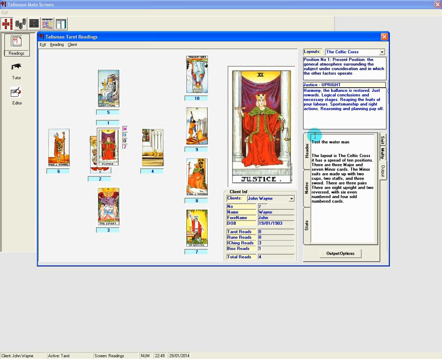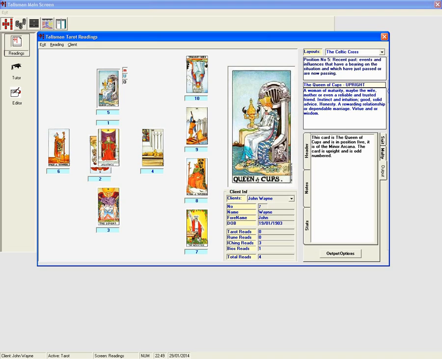And you can again do the same thing for cards. When you click on a card like this, you get the header for the card. This card is the Queen of Cups and is in position 5. It is the minor arcana, the card is upright and is odd numbered. Now if you go to notes, you can see